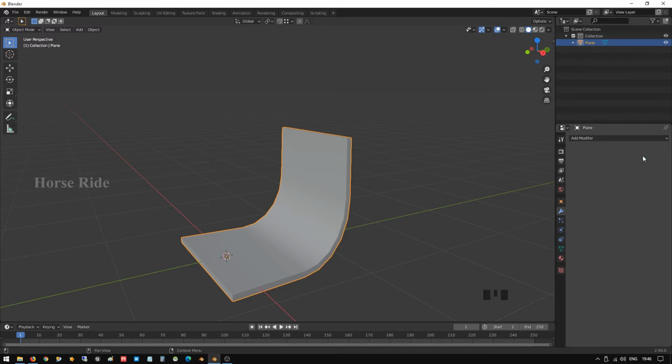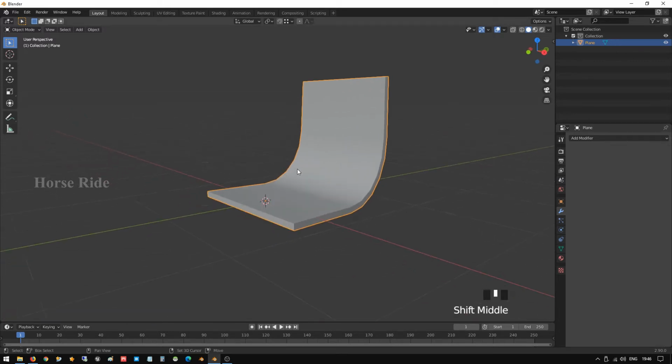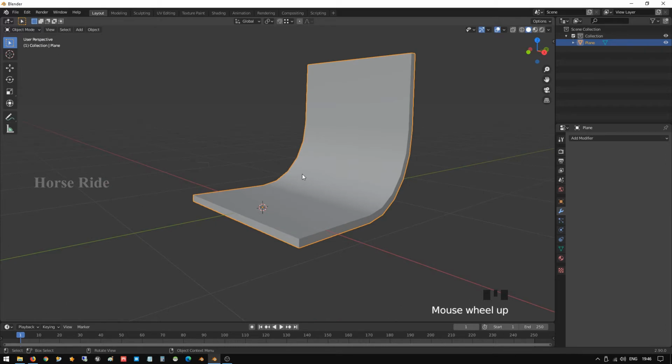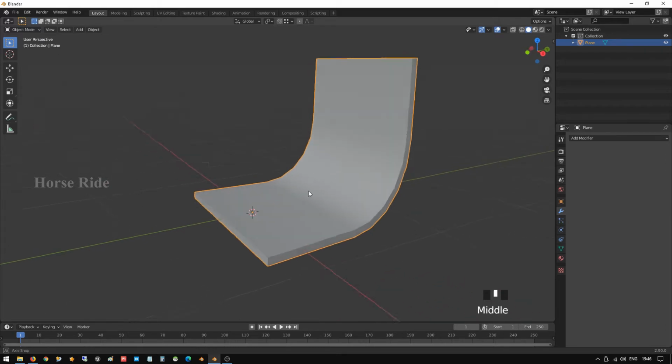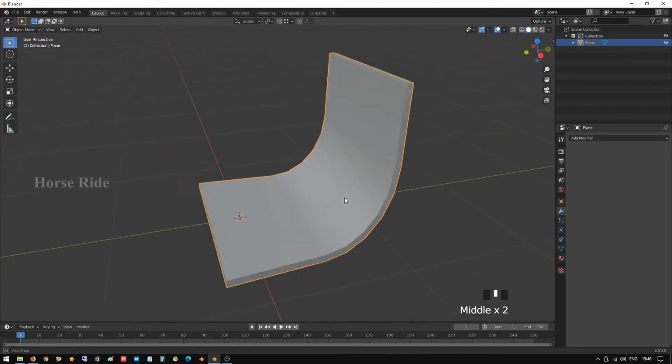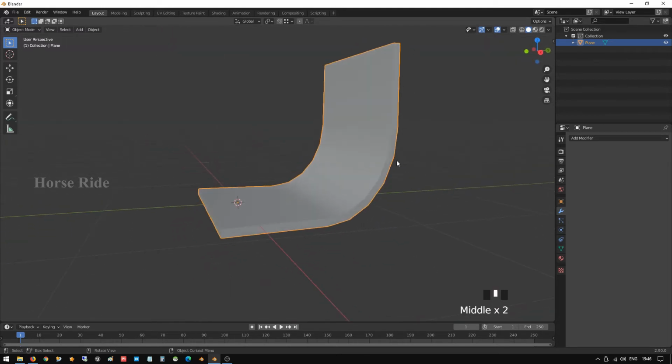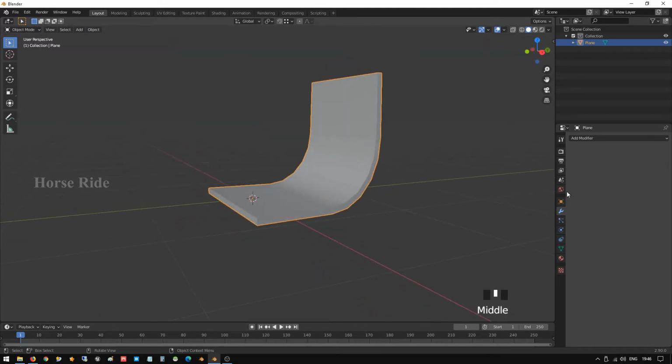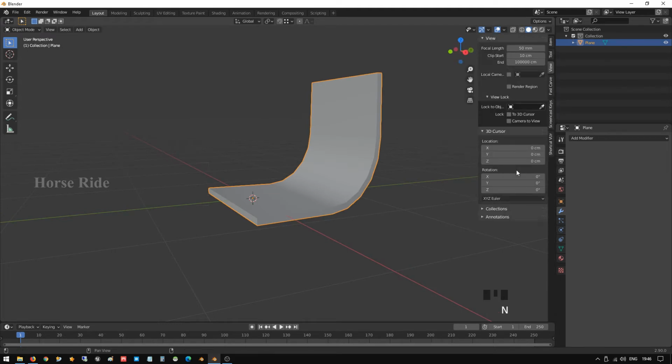Now the 5 centimeter is applied. So now we have given the thickness, and we are going to smooth this object. Here the corner you can see it's cut. So how are we going to do it? Press N on the keyboard and it will open the toolbox. Here you can see the Fast Curve tool.